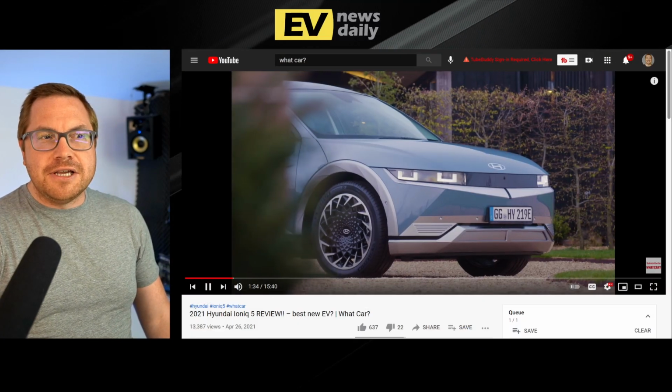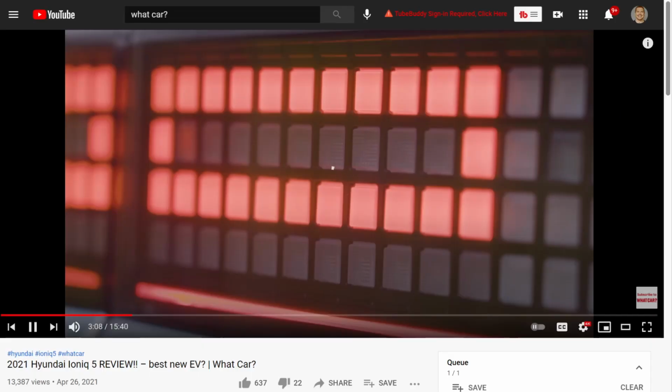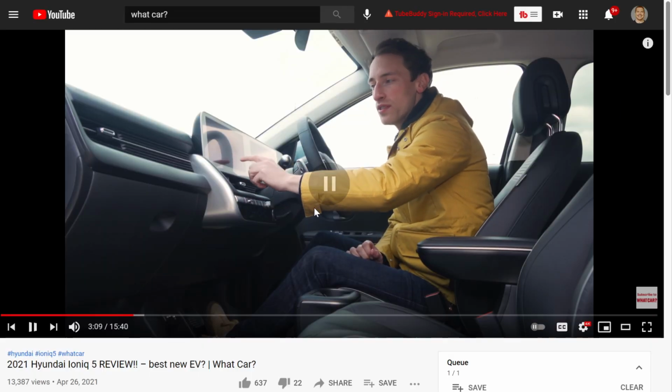What Car? Like the twin screens, actually, they were pretty impressed by the charge speed, 0 to 80%. They liked the e-pedal style, which is actually iPedal. For those watching on YouTube, I'll pause it because I don't want to get in trouble. The iPedal is their version of Nissan's e-pedal, and it's got the kind of one pedal driving feature that many EVs have these days, and so they like that. The real key one, I would say, is the next move